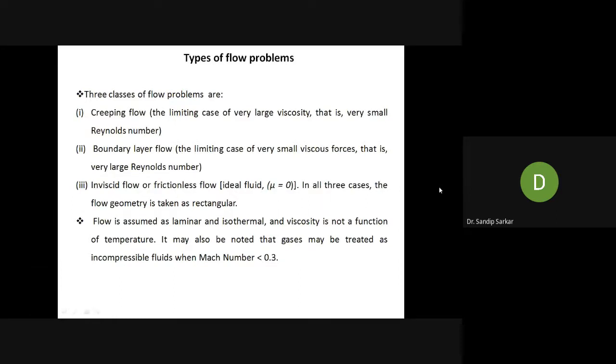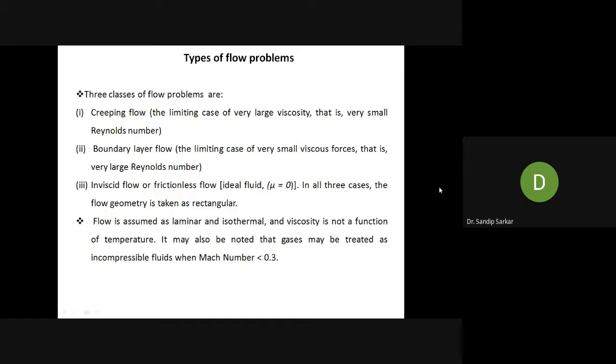Another kind of flow is called compressible flow, when there is a continuous change of density inside the flow. If density changes, then all the fluid properties will change. There is formation of shock waves, shock layers. Those kinds of flow are called compressible flow. Generally, when the Mach number of the flow is less than 0.3, we call it incompressible flow. So all those kinds of flow may arise in reality.